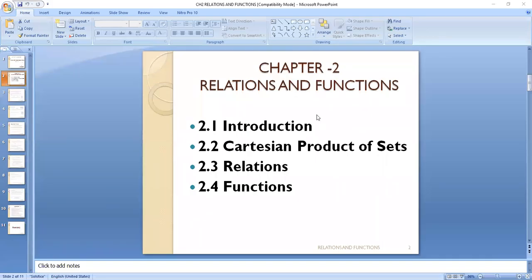So we'll start with chapter 2, relations and functions. The topics we will cover in this chapter will be introduction, Cartesian product of sets, relations and functions. Now, what are relations? In real life we know mother and son relation, father and son relation, brother